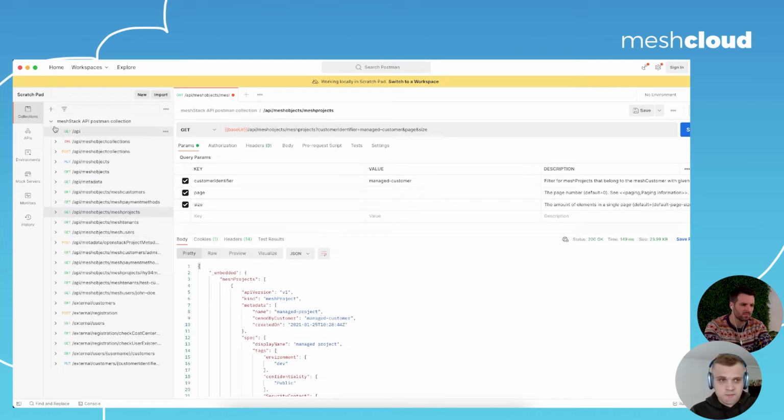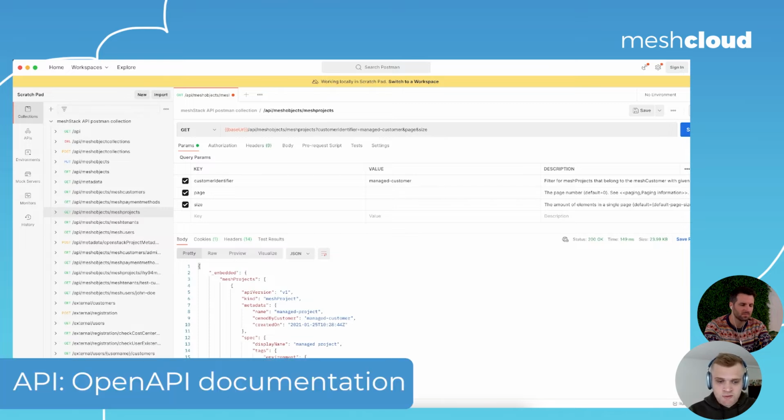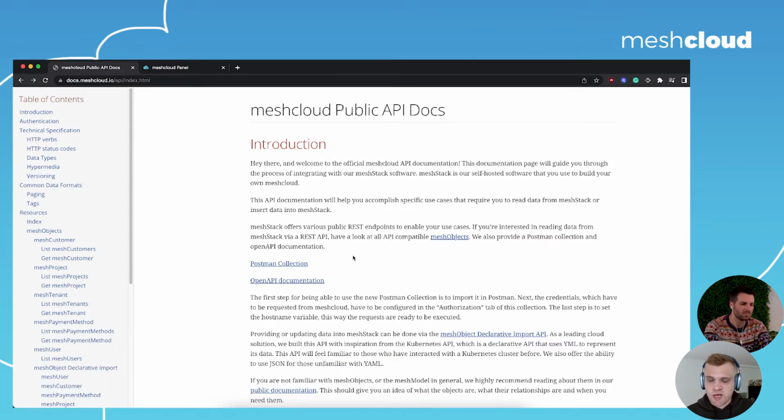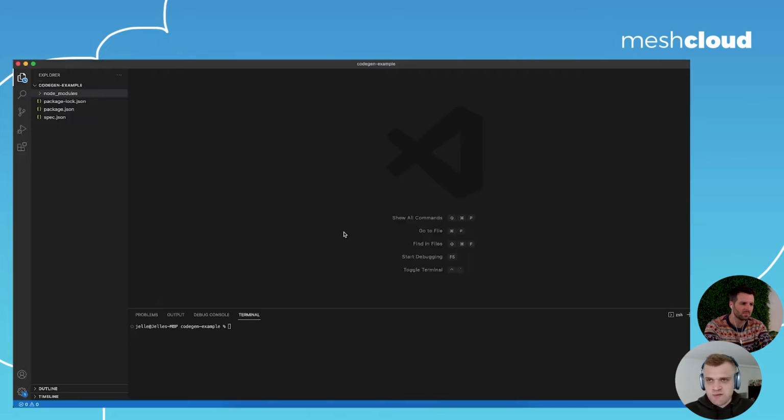So that's one part. The other part that we have now in the API, which is kind of related, is an OpenAPI documentation specification. OpenAPI is a standard that a lot of applications and tools understand. Depends a little bit on what exactly you're trying to accomplish, but I have one use case with me here today, which is really cool, which uses the OpenAPI standard, which is generating application and client code directly from the